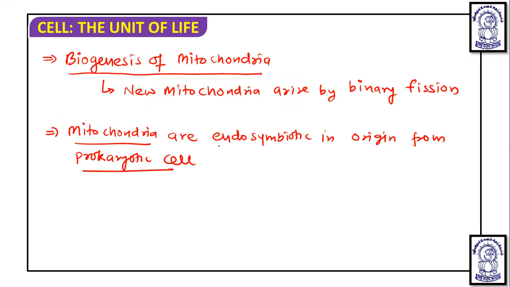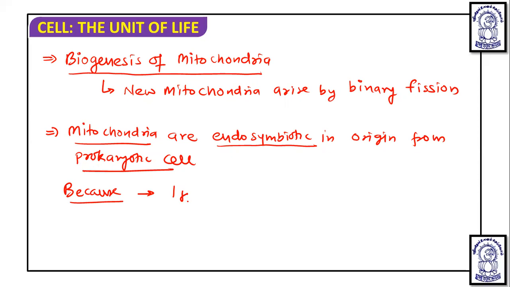Endosymbiotic means, initially we know that prokaryotes evolved before the eukaryotes, and a prokaryotic cell entered the eukaryotic cell and permanently, symbiotically or beneficially, remained within the eukaryotic cell. So we call the mitochondria endosymbiotic, comparing it with the endosymbiotic nature of the prokaryotic cell. Why? Because it has some similarity with the prokaryotic cell,